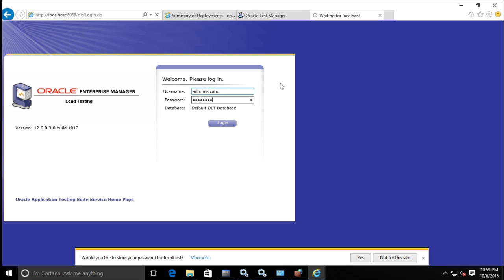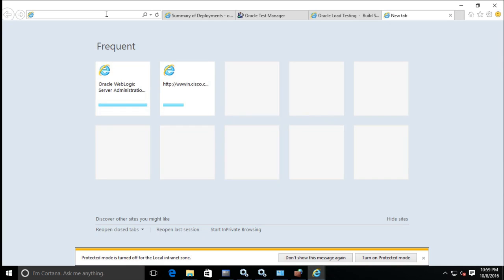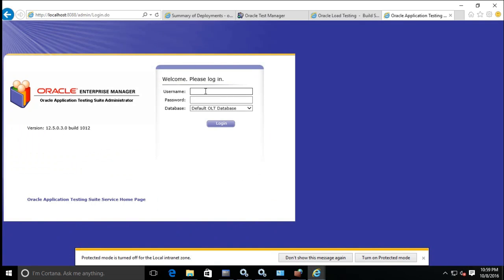You hit enter and wait for the response. Yep, OLT is installed. Now to check the admin panel, same steps: localhost/admin, administrator, same password.